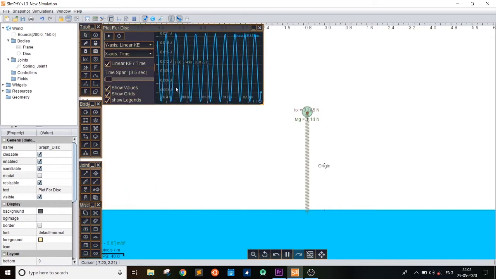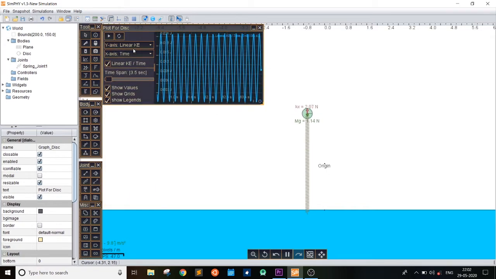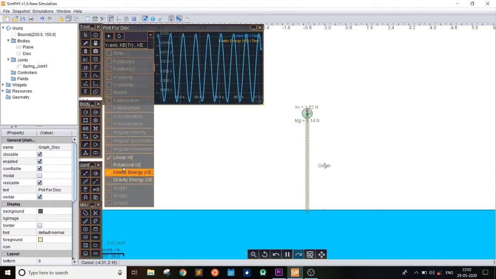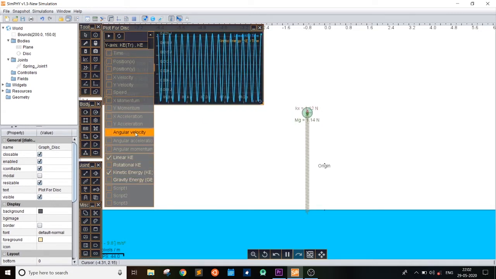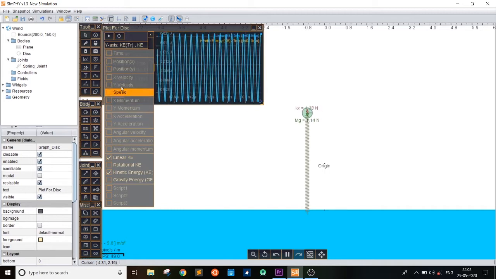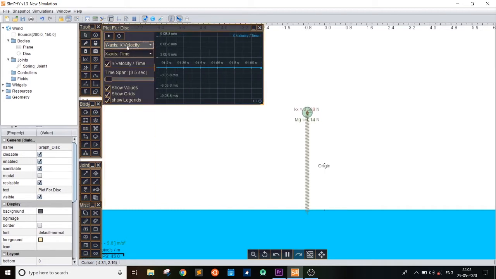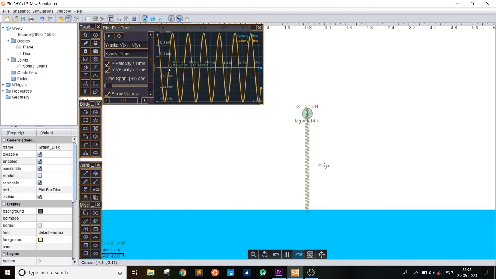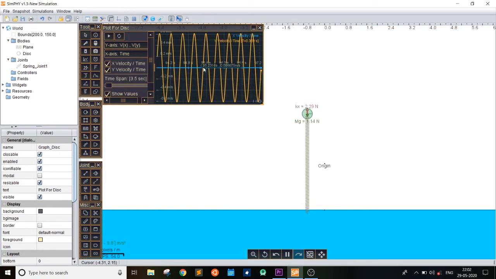As you can see, it's all sinusoidal motion, and it's kinetic energy. It's also sinusoidal motion. And we can also make two graphs at a time, like x velocity and y velocity. So now you can see the x velocity is in blue color and it's 0 always.